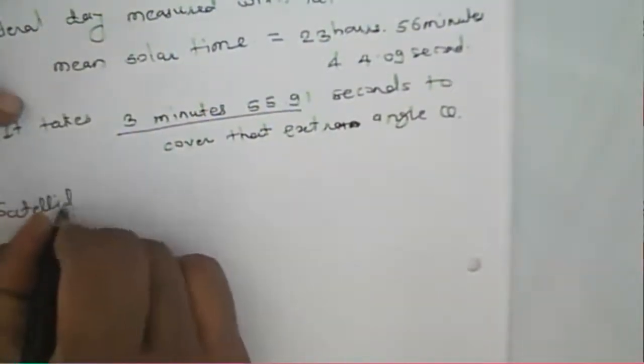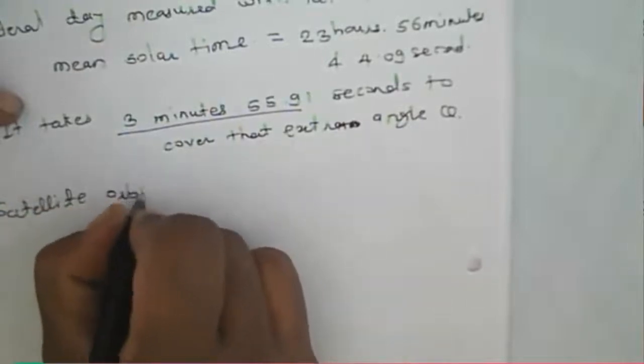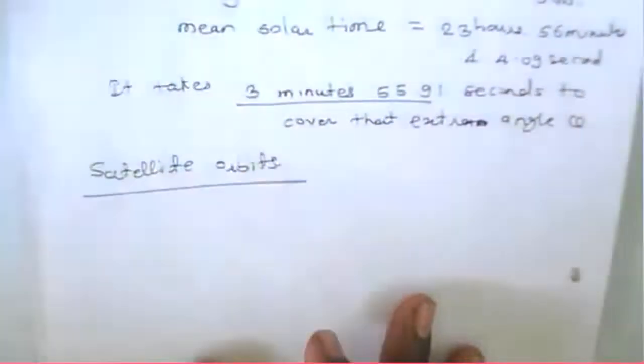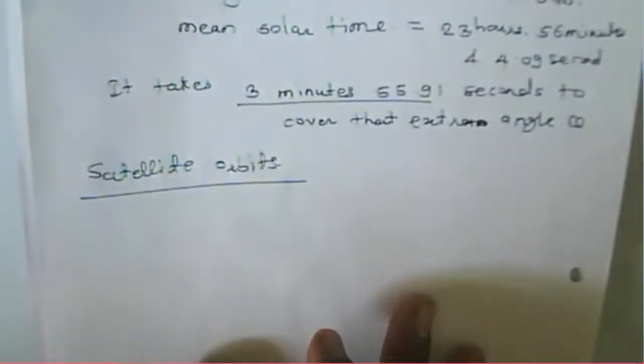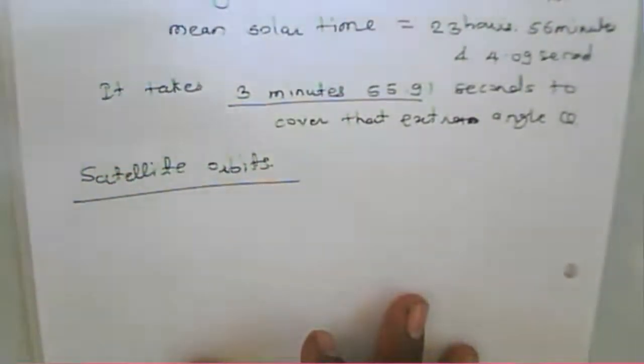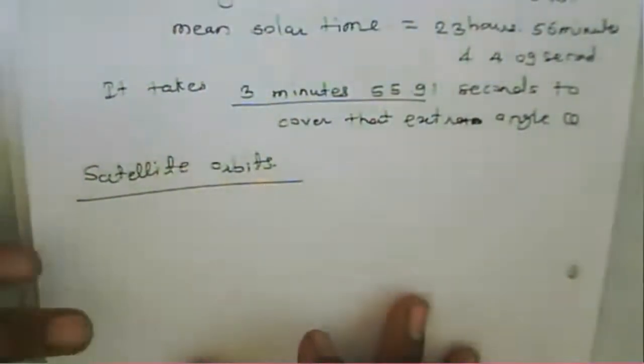Now next we consider satellite orbits. What are the various satellite orbits available? We can consider here, what are the various satellites? Generally, we say that: